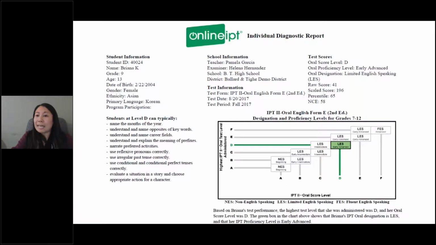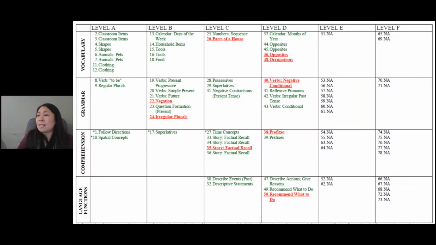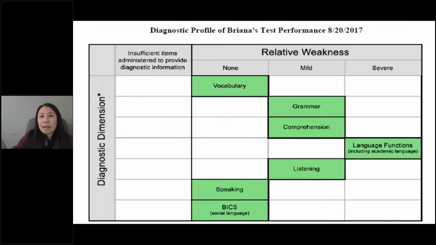I just wanted to briefly show you what an older middle school, high school report might look like, just because it's slightly different. You're going to see the same levels of proficiency, the can-do descriptors. The chart is going to be different, obviously, because the questions are different. So here you're going to see occupations is, again, a struggle, and recalling or something to do with stories. The relative weaknesses, like you saw earlier,